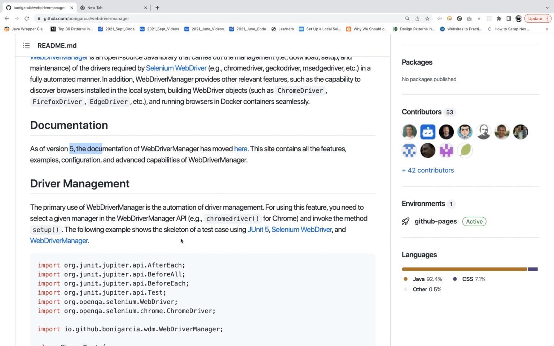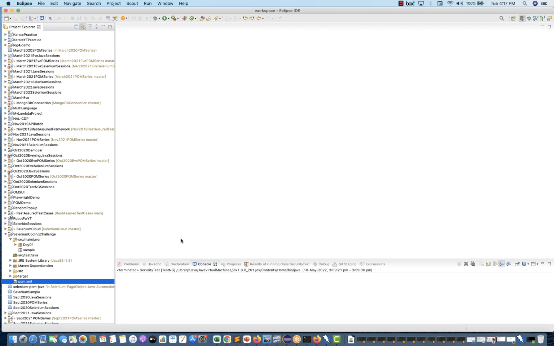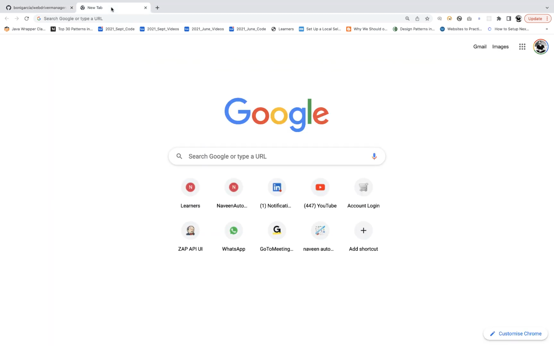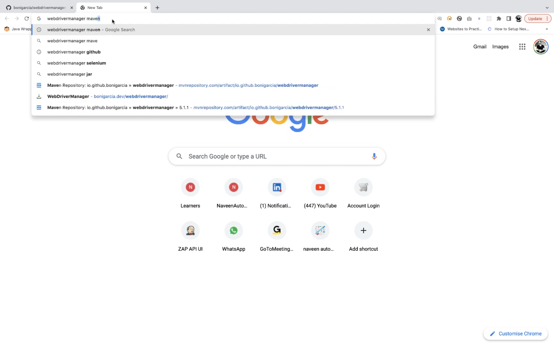One important thing I'll tell you today is that you don't need to write WebDriver driver equal to new ChromeDriver now. WebDriver Manager will take care of it. As we know, WebDriver Manager takes care of your binaries, your .exe files. Now it will take care of your WebDriver initialization as well. So what we have to do is just go to Google and simply write WebDriver Manager Maven